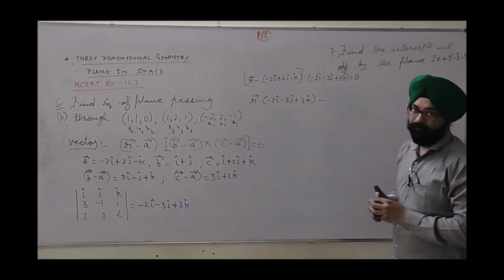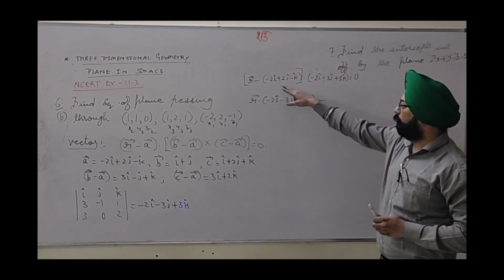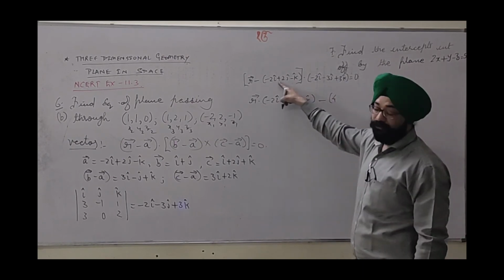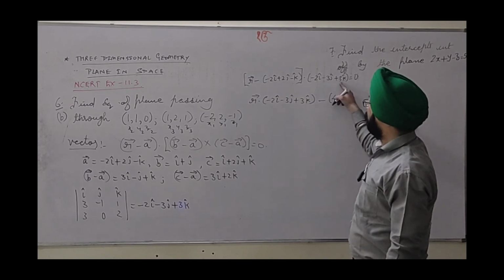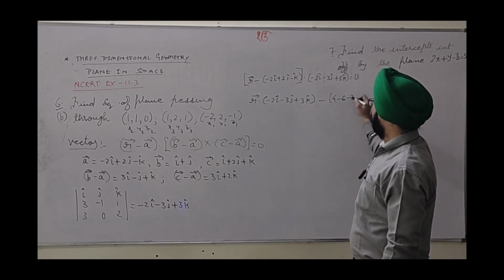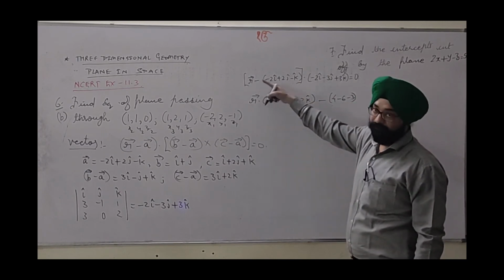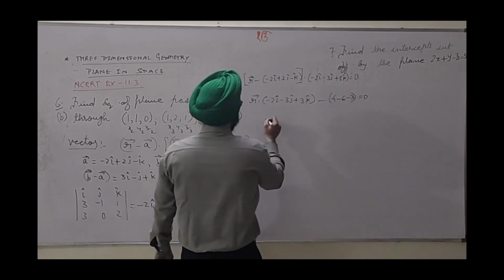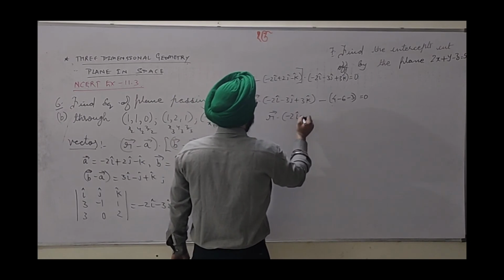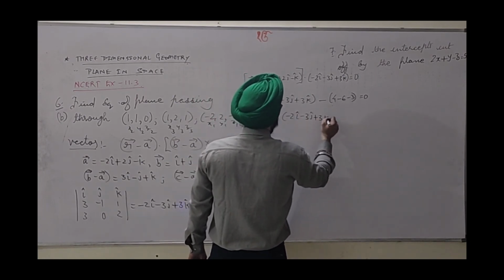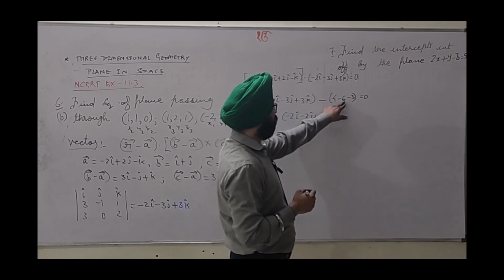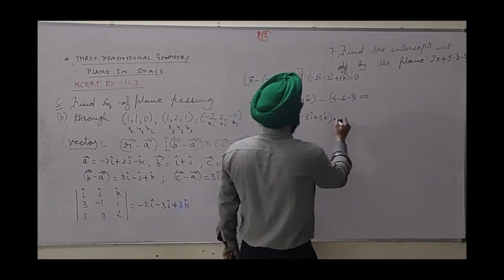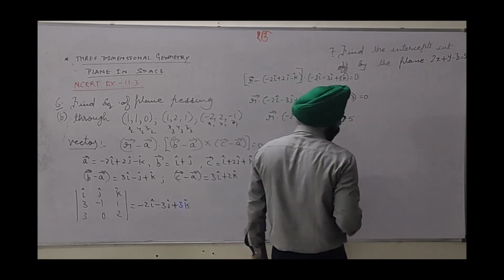I hope, and I am confident, so far you have understood. Minus 2 into minus 2 makes it plus 4. Minus 3 into 2 is minus 6. 3 into minus 1 is minus 3. Okay, this minus I have taken from this term. Now simplify the constant. We get r dot minus 2i minus 3j plus 3k. This will become 4 minus 6 minus 3, that is 4 minus 9, it's minus 5, and making it plus 5, it finally becomes minus 5 here.